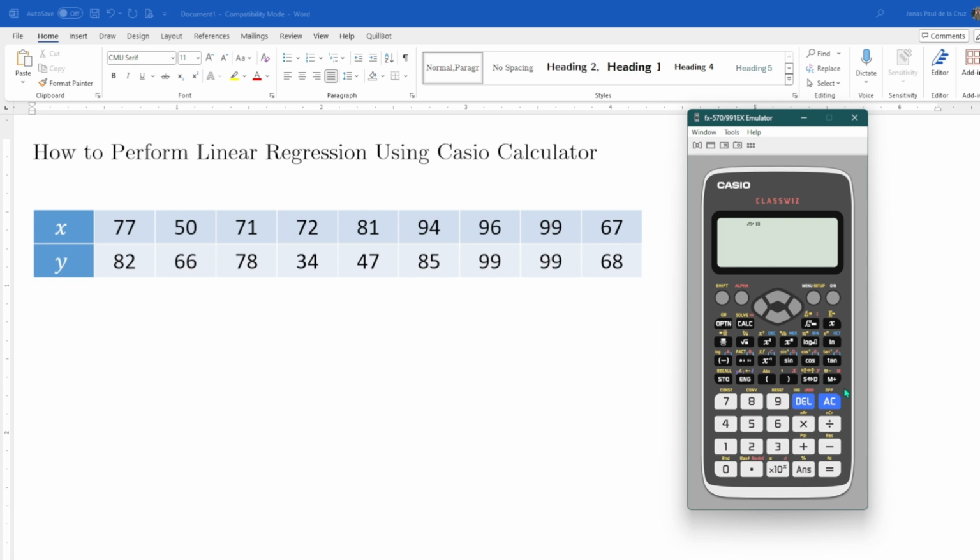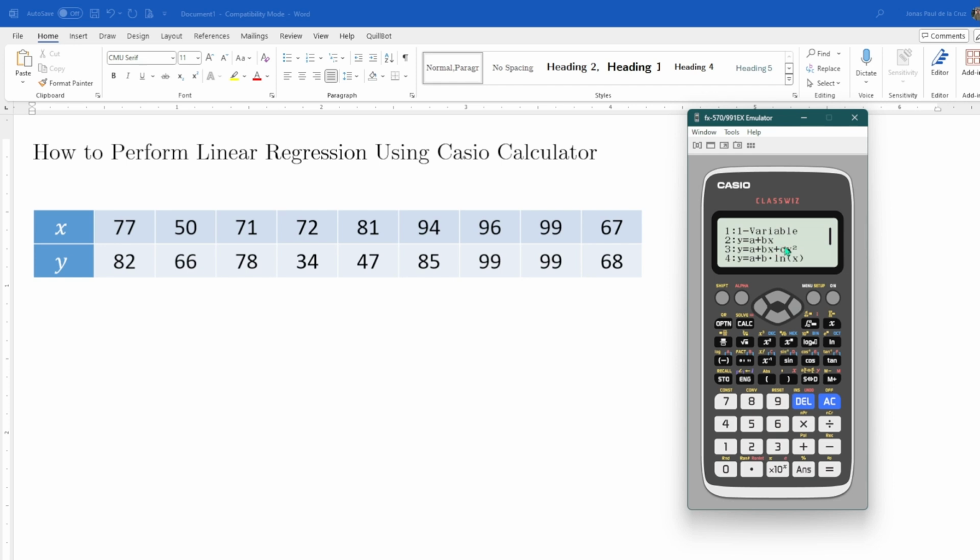So the first step is to go to your stat mode. You can access that in your calculator through the menu button or the mode button. Okay, so I'm going to click on menu. Then I'm going to search for statistics. In this case, statistics is number 6. So I'm going to click 6, and then